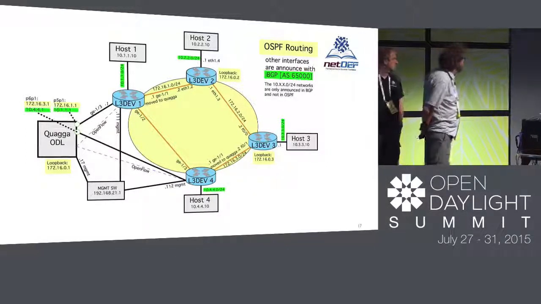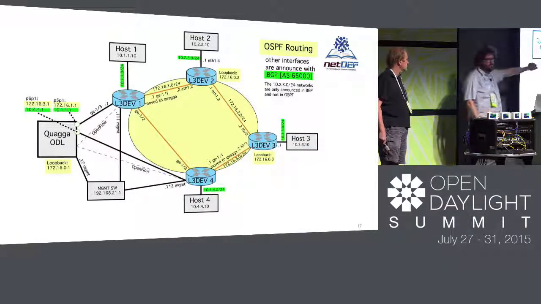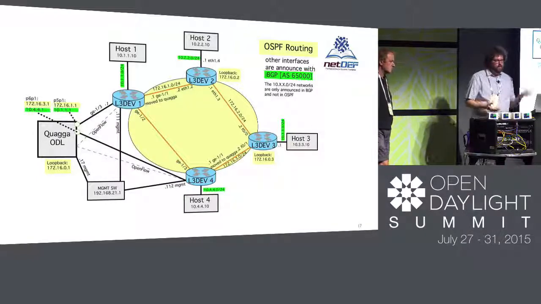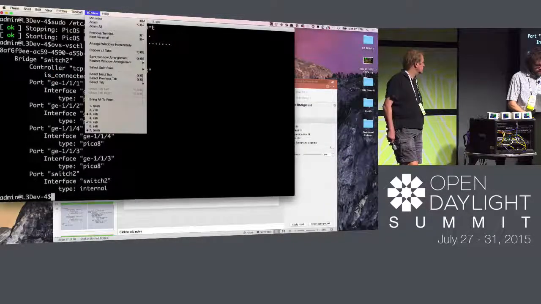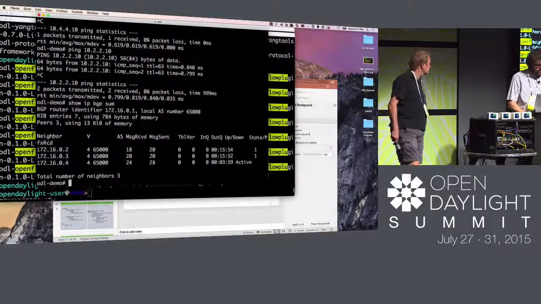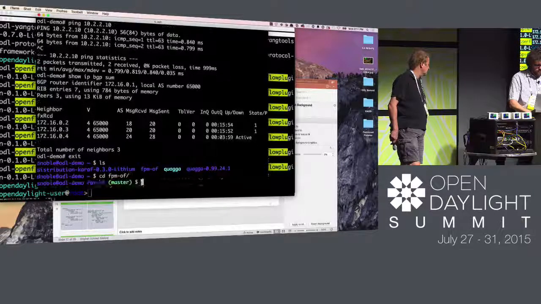So in this case, it will actually go through the PC here. And one of the things that we were hoping that we would be able to demonstrate today was actually putting in forwarding information. And there's a couple of different ways that we could have done that. One of them, and I'll show you this, is that we have an interface in Quagga that allows us to basically